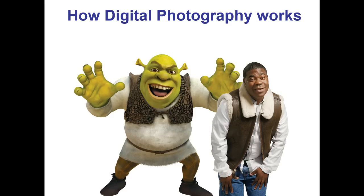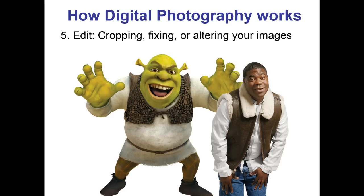So number 5, you may want to edit these pictures. And this is something, I was just